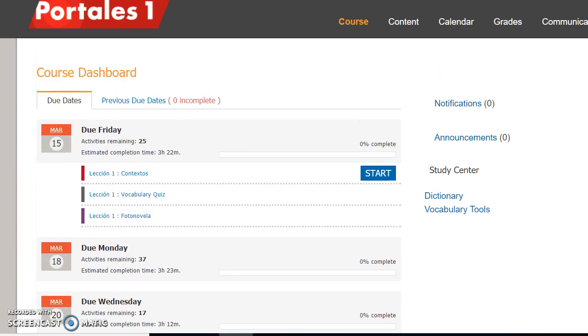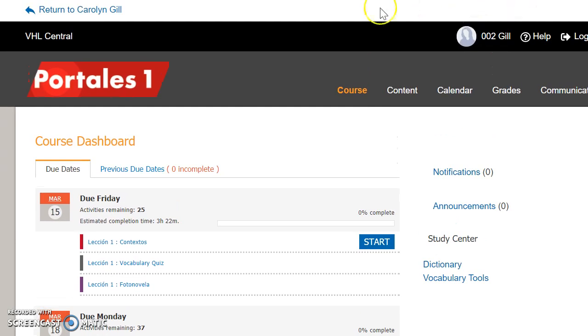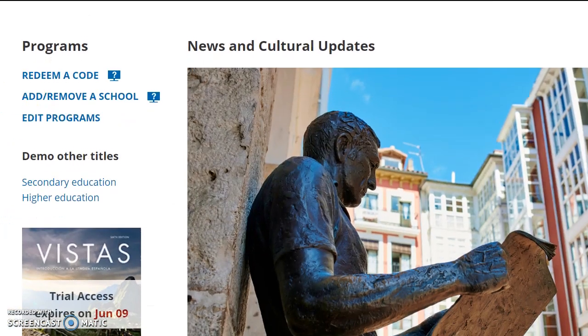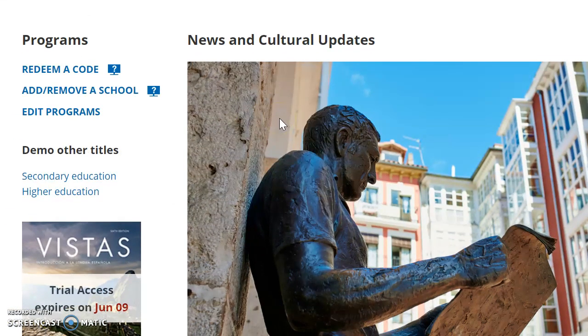So that is essentially how to access the activities as a student. If at any point the instructor wants to go back to the instructor page, they will return to the account and they'll see their name. So that is quickly how to access the activities as a student. I think once your colleague gets in and starts looking around at the activities, they should be able to navigate